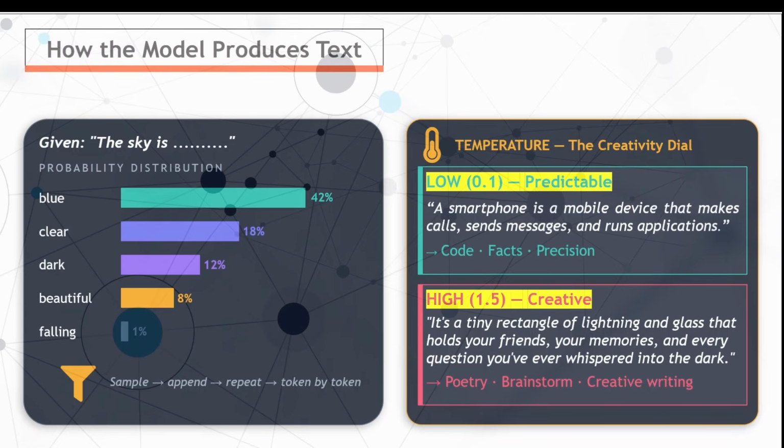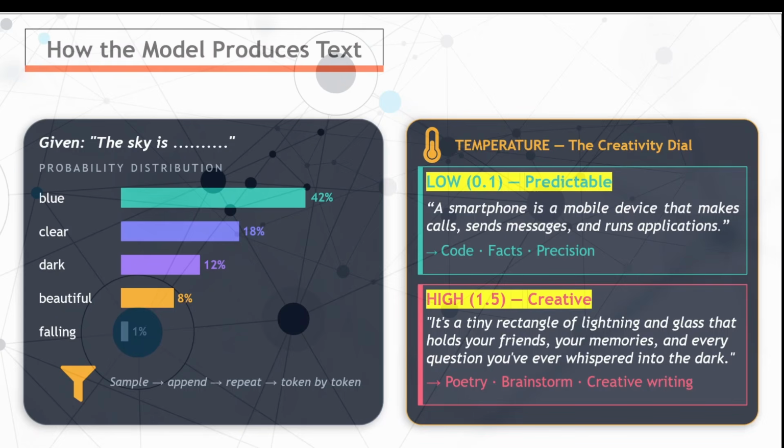Now, if you look at this example, a smartphone is a mobile device that makes calls, sends messages, and runs applications. When I set the temperature to 0.1, the answer stays like that. Similarly, if you set the temperature to 1.5, the model gives the answer in a creative way. So the same sentence, in a creative way: it's a tiny rectangle of lightning and glass that holds your friends, your memories,